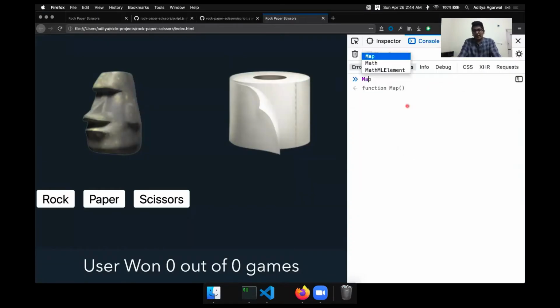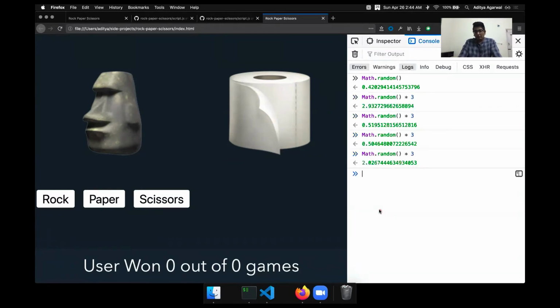First thing is this Math.random function. It gives us a value between 0 and 1, where 0 is inclusive and 1 is exclusive. So Math.random can give us 0, 0 point something, but it can never be 1. It would be 0.99999, but it will never be 1. Interestingly, if I do Math.random times 3, because we have 3 choices, rock, paper, scissors, let me show you multiple times. This value could be 0, it could be 0 point something, it could be 2 point something, but it can never be 3 because Math.random is never 1. So it will always be less than 3.